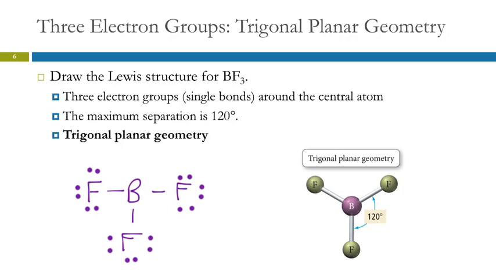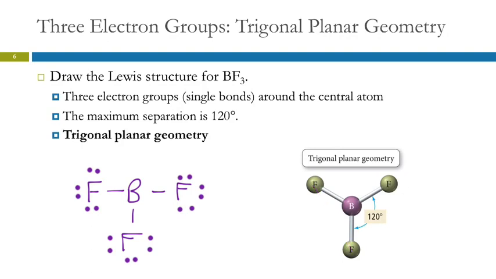So here we go. Boron trifluoride. Here is the Lewis structure. How many electron groups on the boron? How many electron groups on the boron? 3, thank you. So how would 3 things get away from each other? They're going to separate as much as they can, and so they're going to get 120 degrees away from each other. Okay? So this is called a trigonal planar geometry, because if you look at the overall shape,